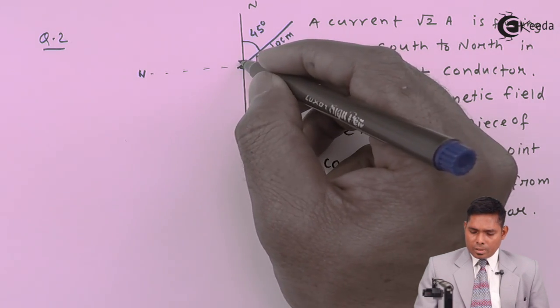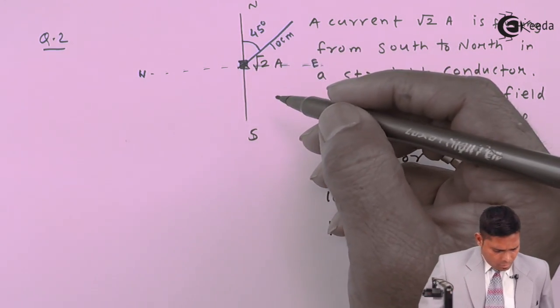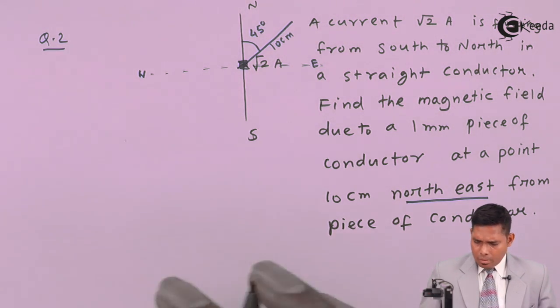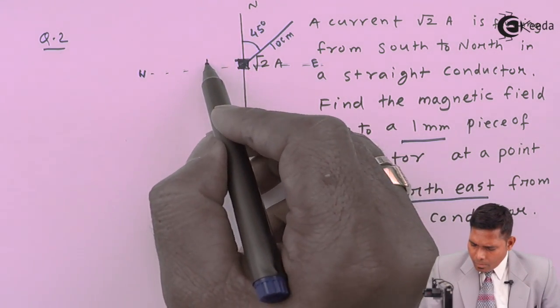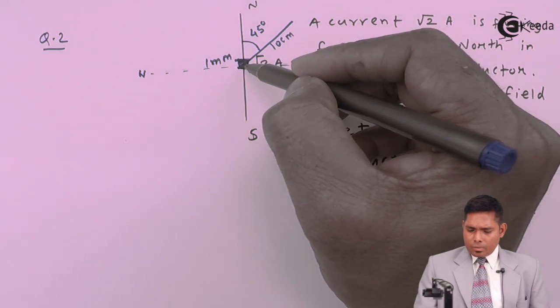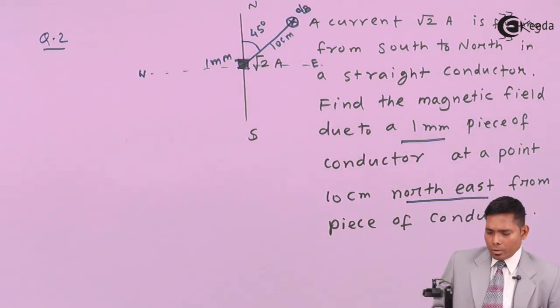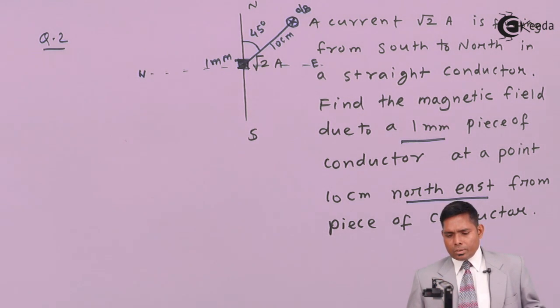Suppose this length is 1 mm. So I'll put it here, 1 mm. You have to find the field at a distance of 10 centimeter from this element. You have to find the magnetic field here, dB. You are not supposed to find the magnetic field due to the whole length of the conductor, just due to this element. So now what we'll do, we'll use